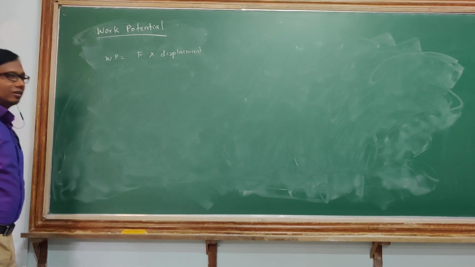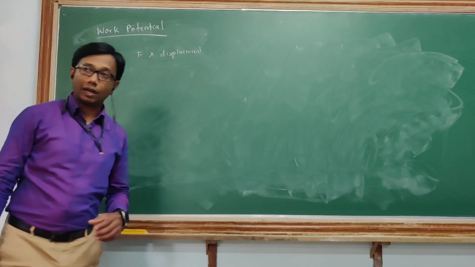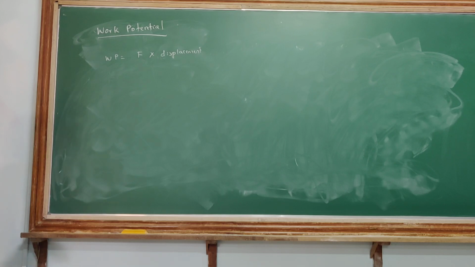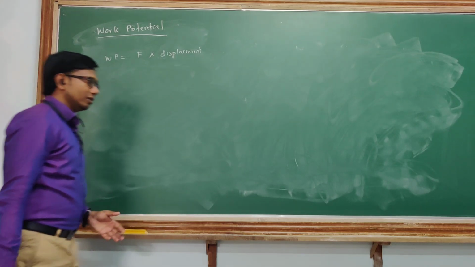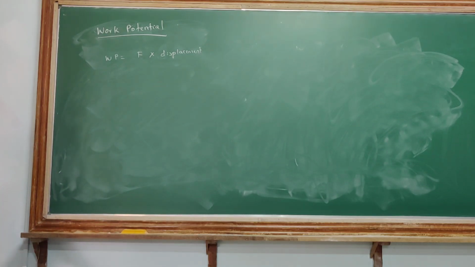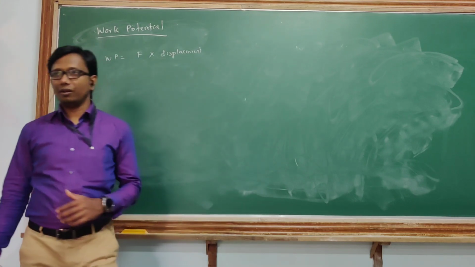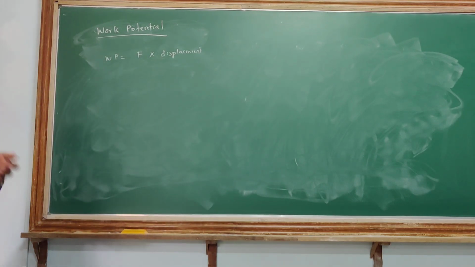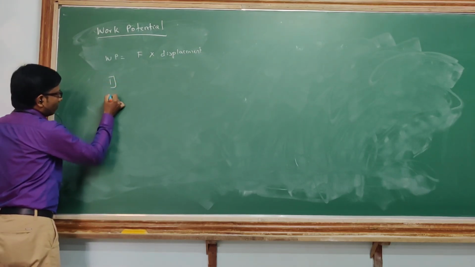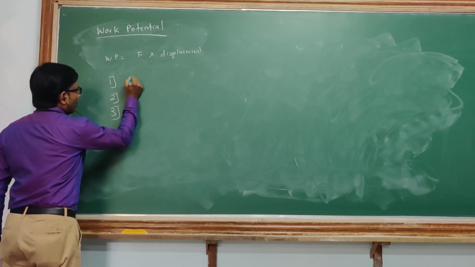Okay, so now we need to understand force into displacement. So how many types of forces are there in nature? We need to know first how many forces are there in nature. Overall, you know that there is a push, there is a pull. Okay, there is a gravitational force, there is an electromagnetic force. So there are different types of forces available in nature. These forces are basically segregated into three major forces. One force is called the body force.